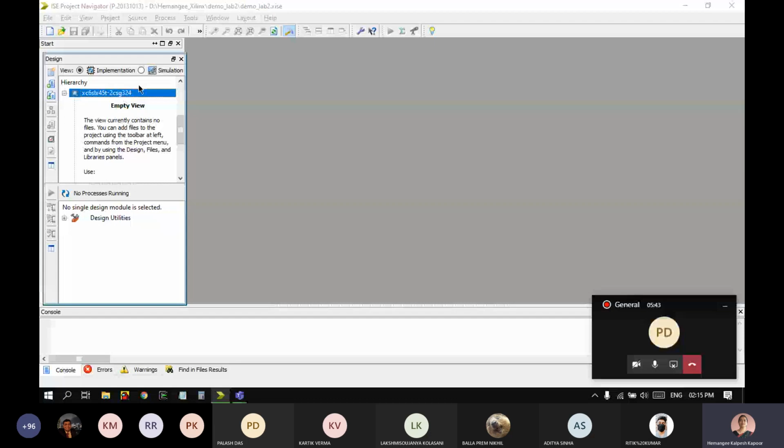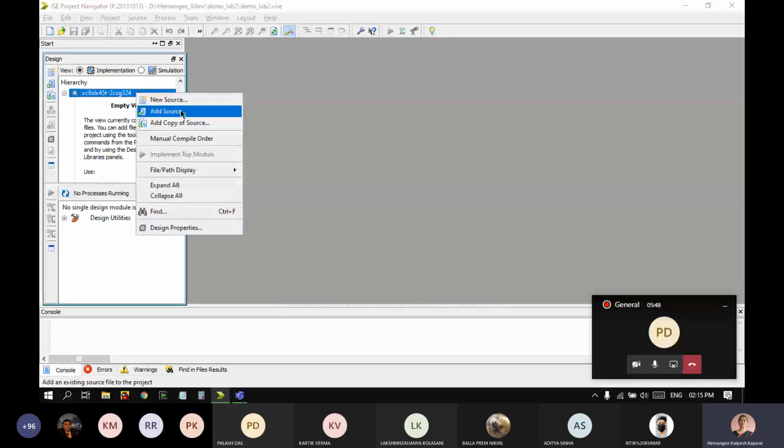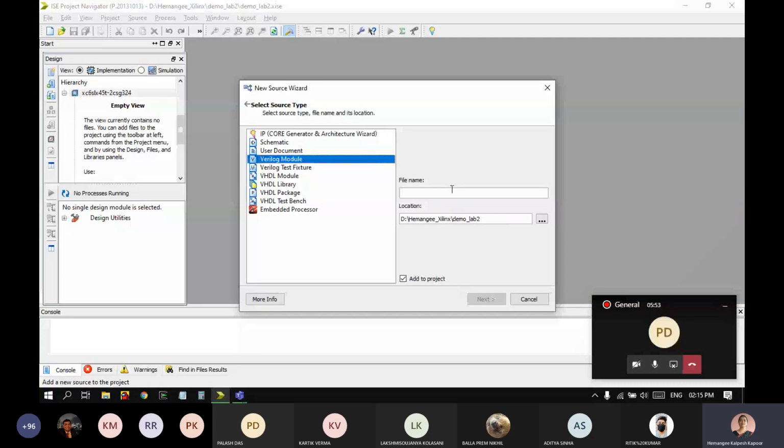When you have to start doing the coding, you have to right click and say New Source and pick a Verilog file here. Those who are finding it difficult can follow it. Those who already know can continue the practice in the background. I'm giving the file name of the 4-bit adder which you already created last time. But today we will try to write more high-level constructs for this 4-bit adder.